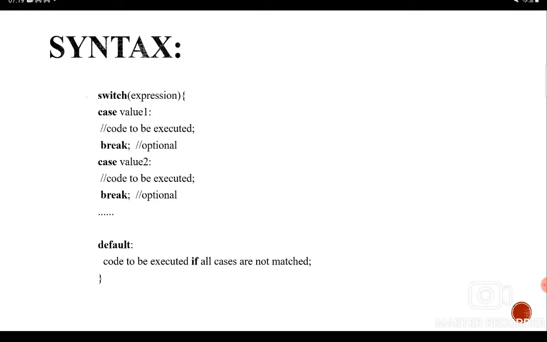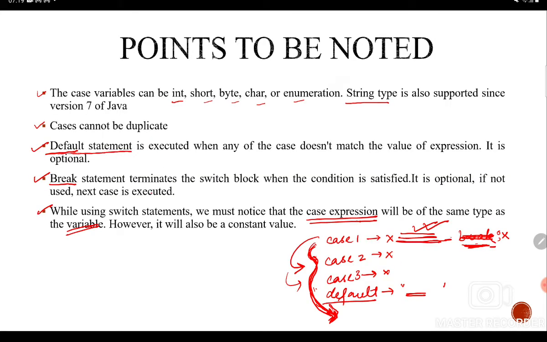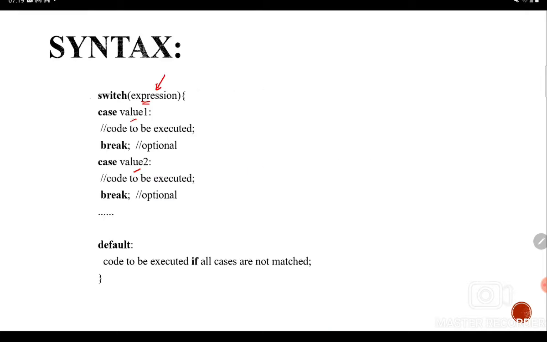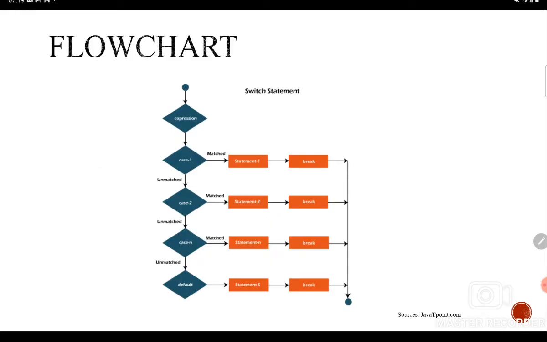The switch expression will basically be matched within the cases. So whatever you saw in the last point, the case expression will be the same type as the variable. Value 1 is the variable value, and then value 2. These things you have to remember.